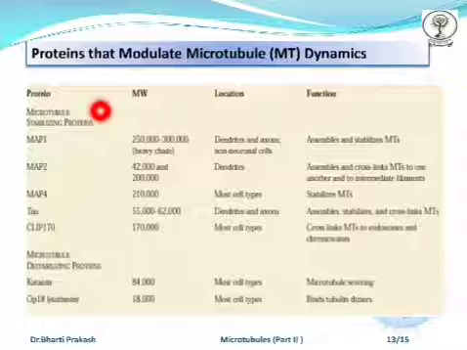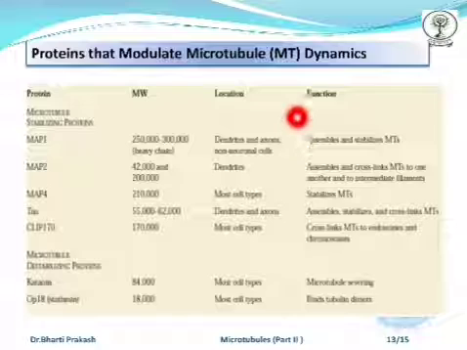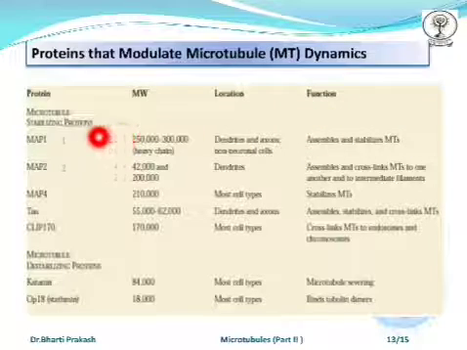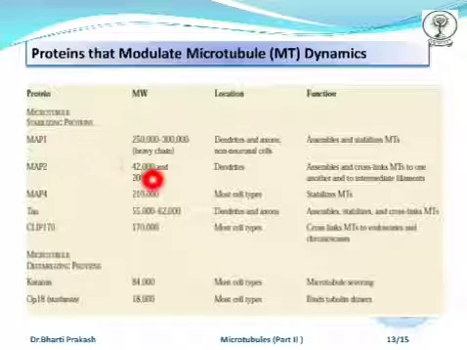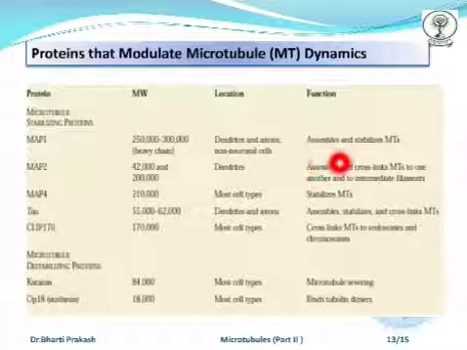We have the proteins here, the microtubule stabilizing proteins. We have the microtubule destabilizing proteins, the tau proteins, the MAP, the MAP2, MAP1s. These are their molecular weights. These are the locations where they are found, and this is their functions. The microtubule stabilizing proteins help in the assembly and stabilizing the MTs, and cross link MTs to one another and to intermediate filaments,